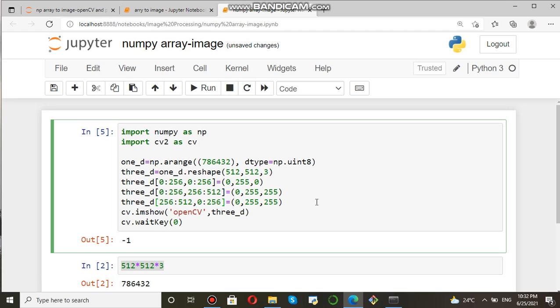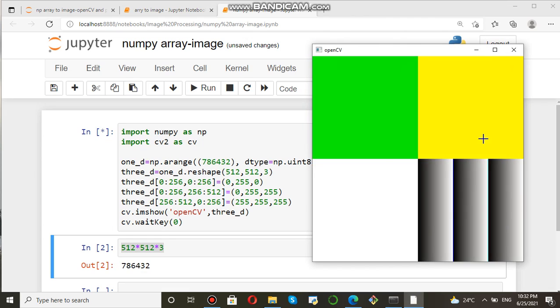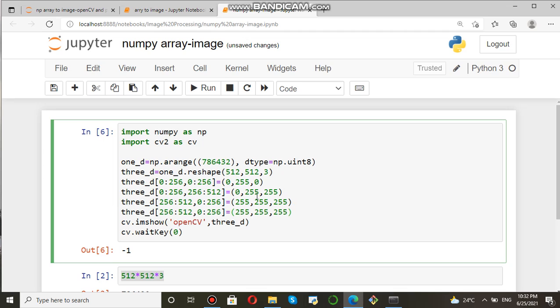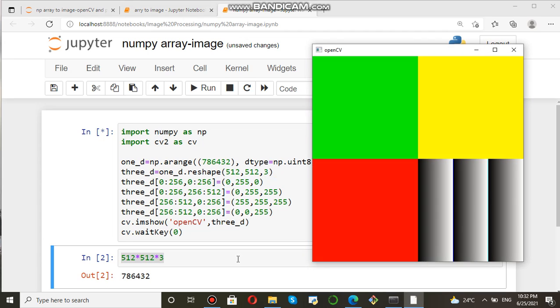Here you write 255, shift enter. Now you can see the white color is coming, right? Now if you want to put one more color, give 0 to 255. The color is already given, see. Let's see how the color looks.